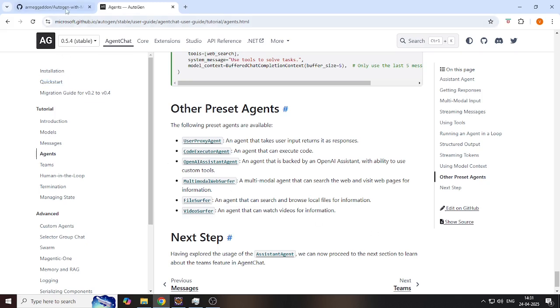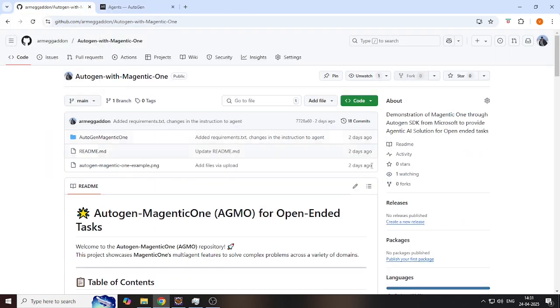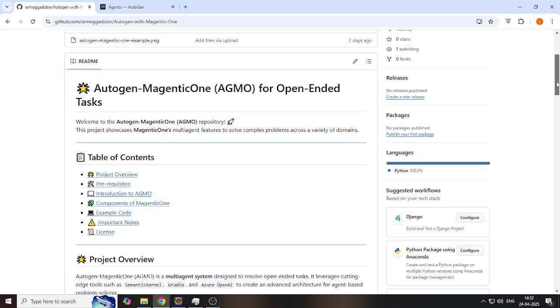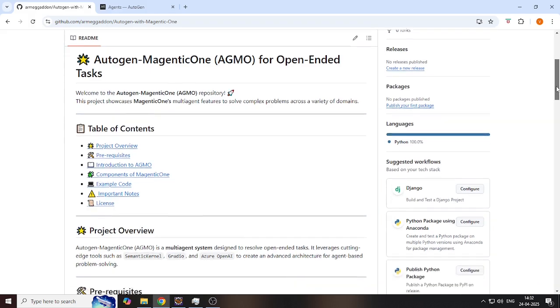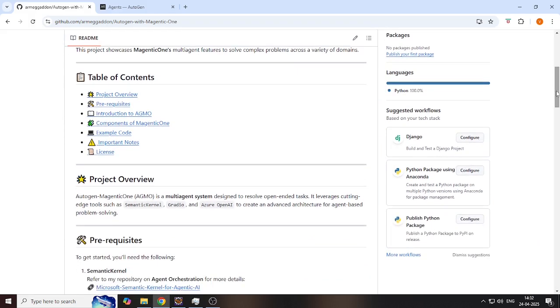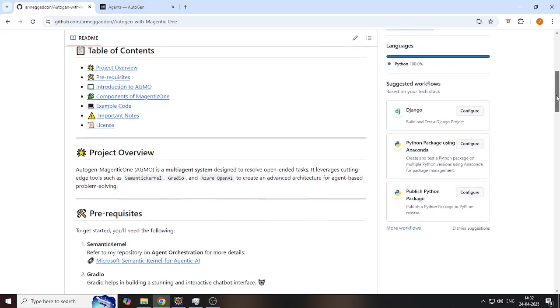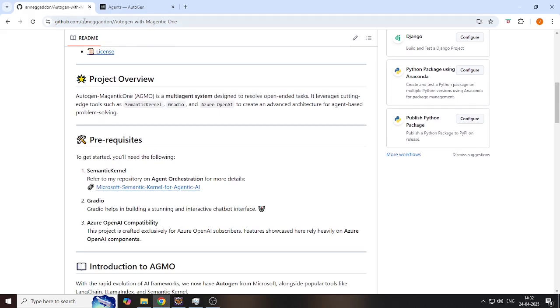Coming back to Magentic One, to demonstrate the capabilities of Magentic One, in this repository I have created or used some of the components which support the workflow. To showcase the same, I'm going through this repository. Semantic-Kernel is also used in this, because the AutoGen Magentic One framework is actually